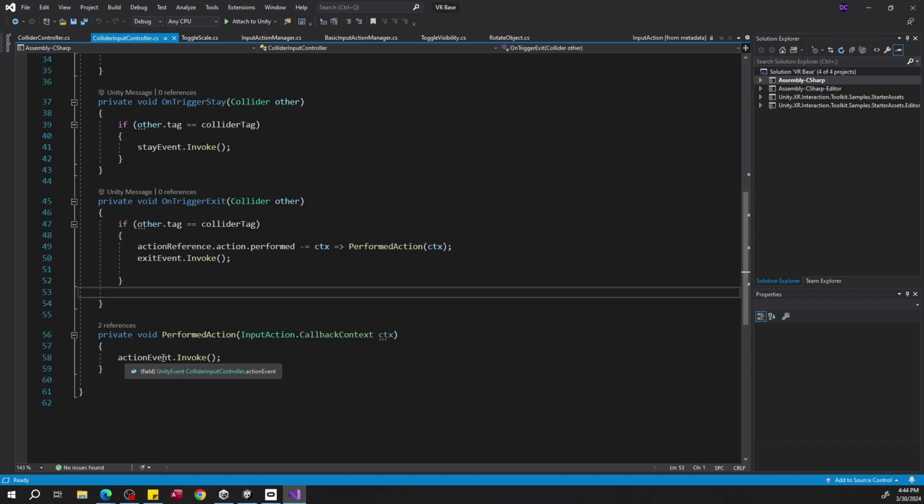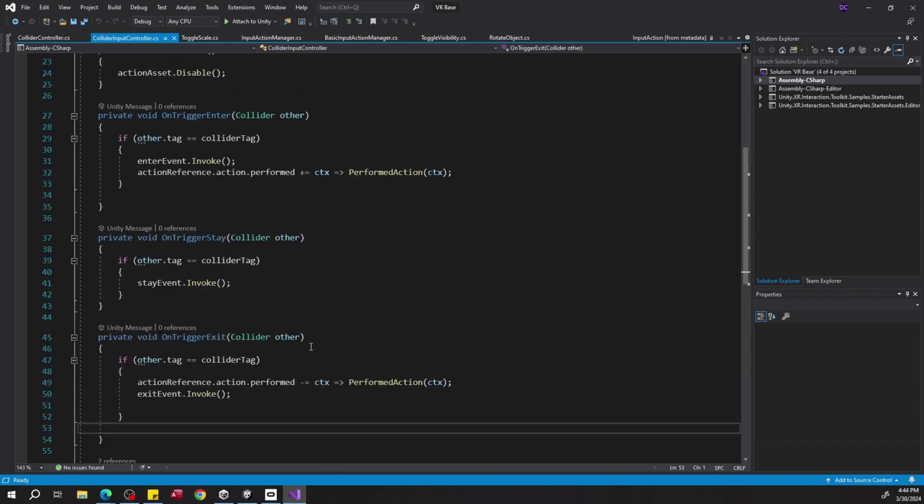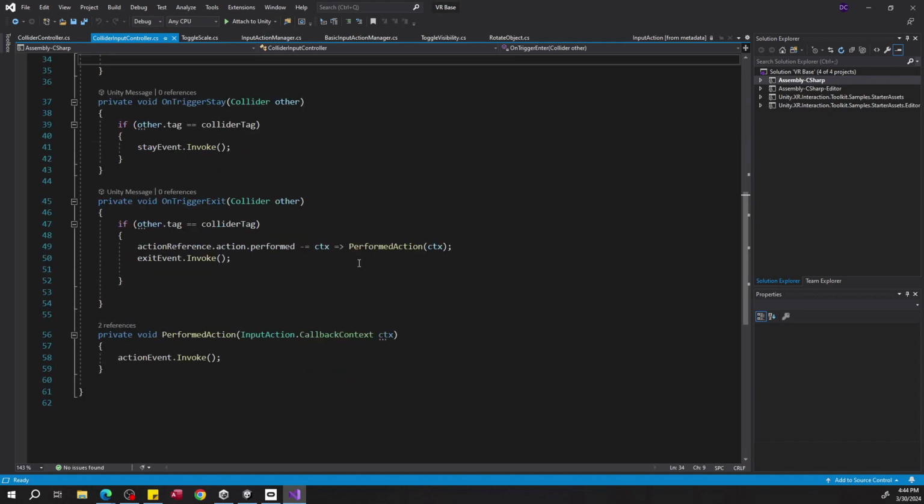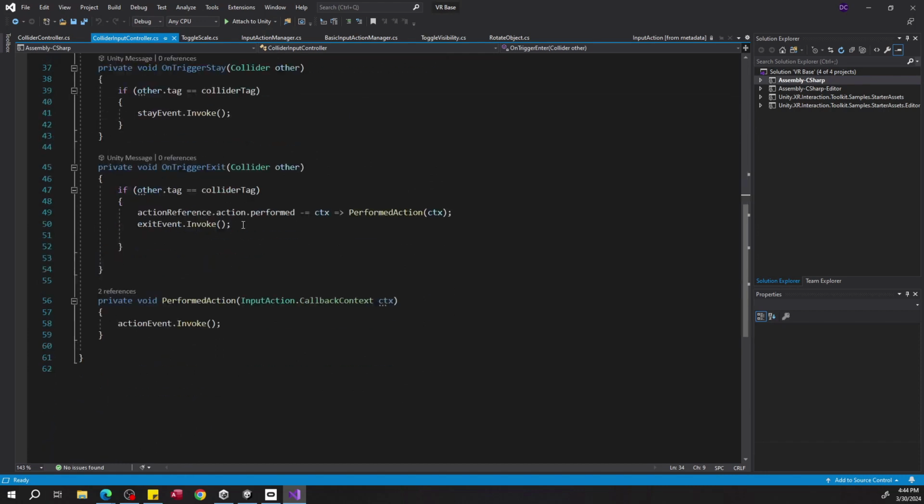And if this is performed, first it will be incurred during the trigger enter, and it will be removed when we exit. So we're only allowed to perform the action while in contact with the trigger, and we can do that here. So once this script has been written and saved,